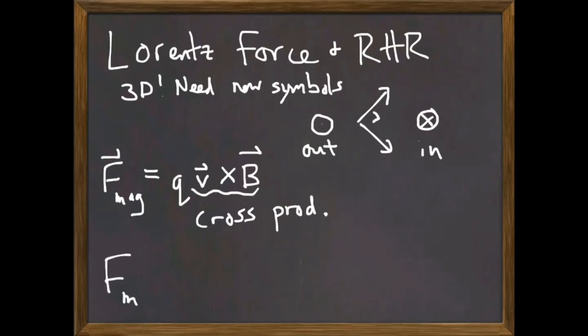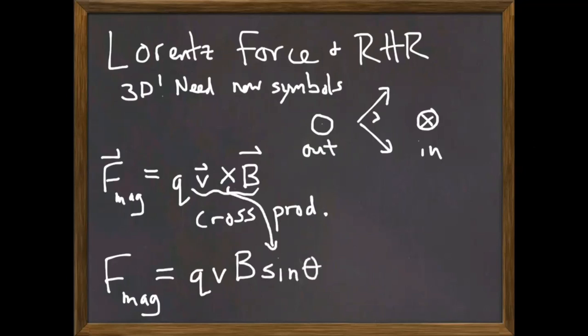One thing is, how do you find the magnitude? So don't get magnitude confused with magnetic. Here, this is the magnitude of the magnetic force. I multiply all the magnitudes, so I have charge times the magnitude of velocity, which is speed, times the magnitude of the magnetic field, which is just capital B. And the cross product is telling me that I need to include a sine theta, where that's the angle between